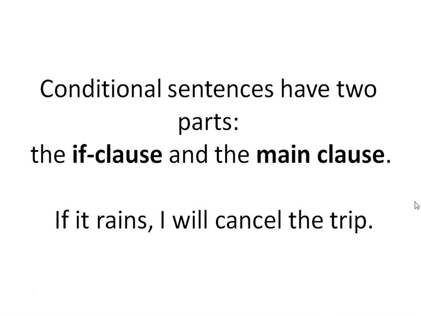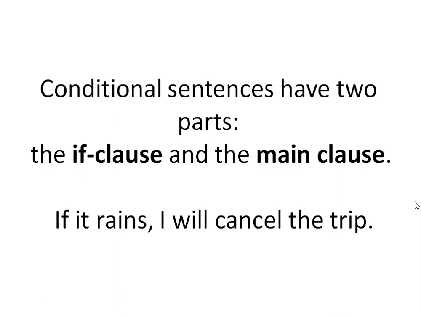Conditional sentences have two parts. Let's first focus on the pattern, then we can discuss their purpose. As we can see in the slide, there are two parts in any conditional clause. By looking at the name, conditional clause, we can understand that there must be a condition in that sentence. The if clause and the main clause. Usually we have already seen that clauses are of two kinds. One is the main clause and the second one is the subordinate clause. We can also call them dependent clause and independent clause.